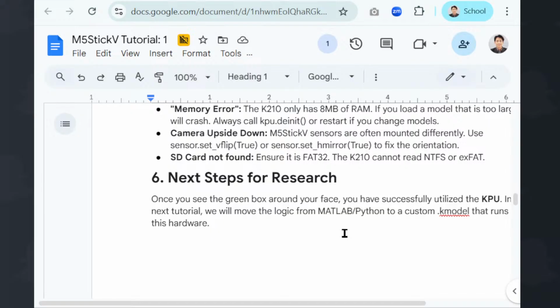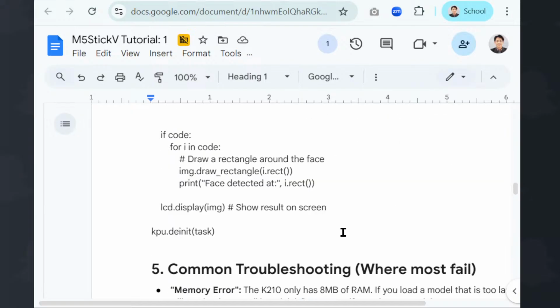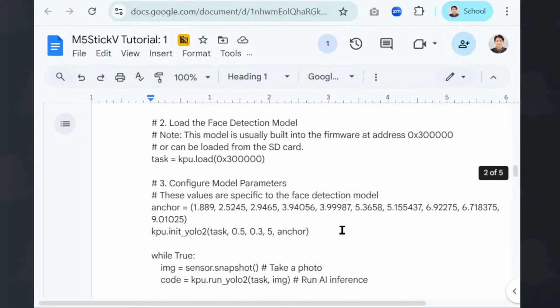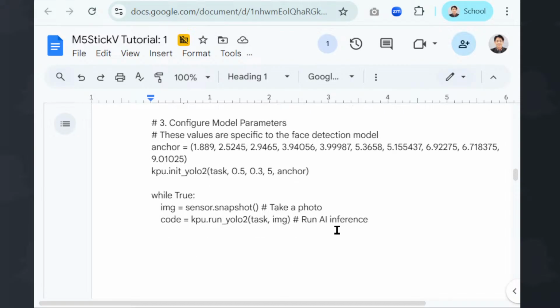Yeah, because it's running independently, and that's what is called embedded. So you don't need to access the internet when operating. So it's given this model, and